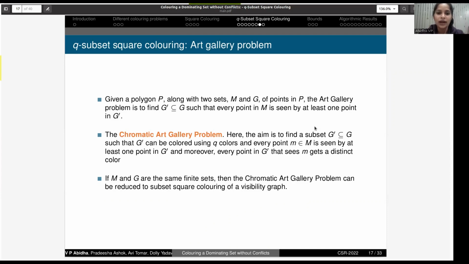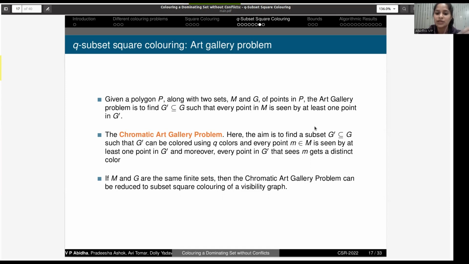In the chromatic art gallery problem, our aim is to find G prime, which can be colored using Q colors, such that every point M is seen by at least one point in G prime. Moreover, every point in G prime that sees M gets a distinct color. And if M and G are the same finite set, then